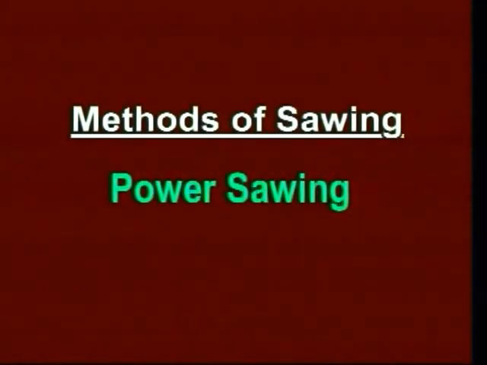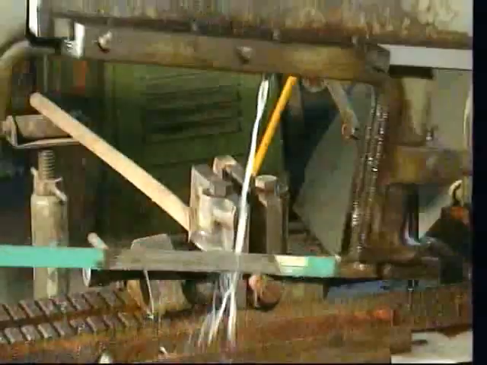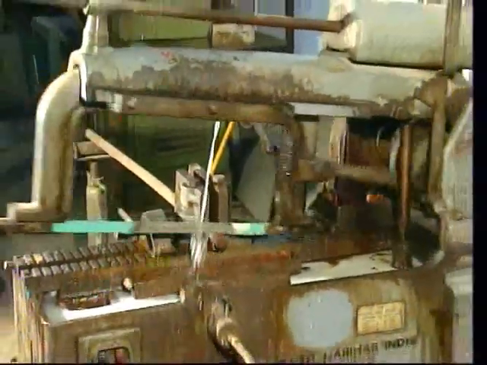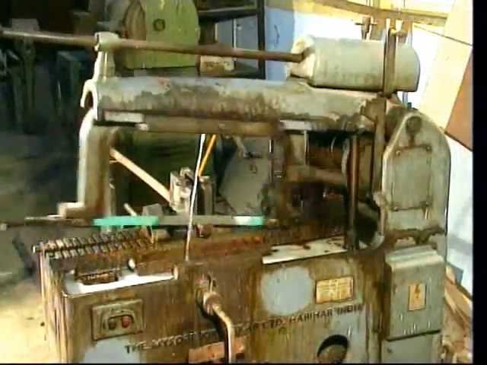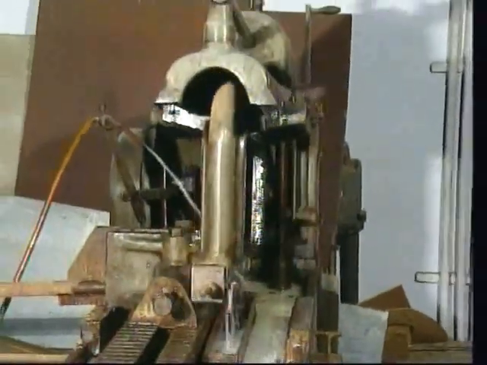Next we discuss about power sawing. Power sawing is most commonly used in production where large number of workpieces are to be cut from large bar stock. In this case, saw is driven by motor. Hand sawing is not commercially sound as it involves a lot of labor and time. The increasing demand of high production has led to the introduction of power driven metal cutting saws.